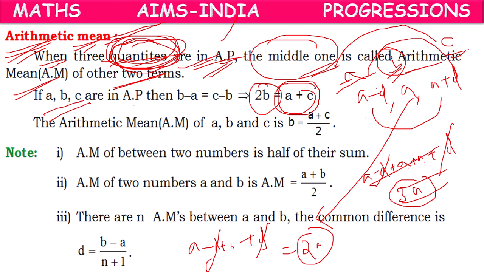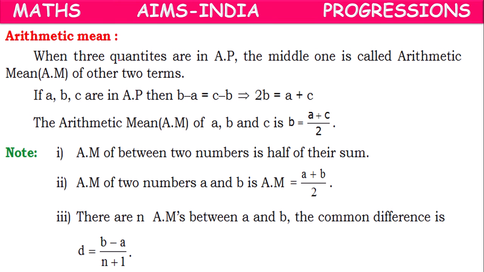Or if A, B, C are in AP, then the difference of the second one and first one, B minus A, equals the difference of the third one and second one, C minus B. By that we can also get this formula, 2B equals A plus C. So if we have three terms A, B, C such that 2B equals A plus C, then this B is called